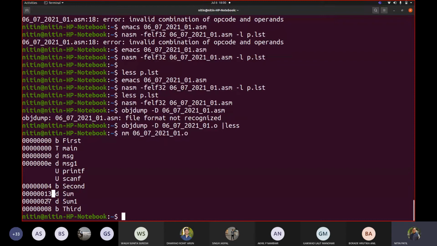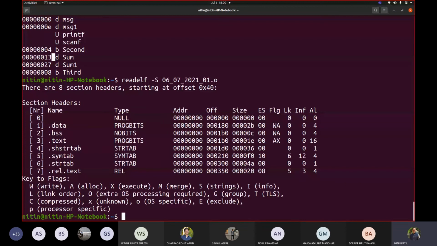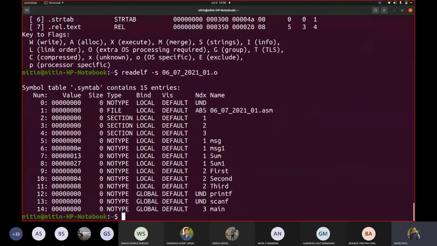Even if you write readelf -S, you'd be able to see, can I get the size of the symbol table? OK, it is telling me the section header. Sorry, I wrote capital S. I should have written small s. So the symbol table. If I look here, where can I see the size of MSG? MSG1 says 1 1. Sum also 1. Where is the size? The size is gone. Everything is 0.